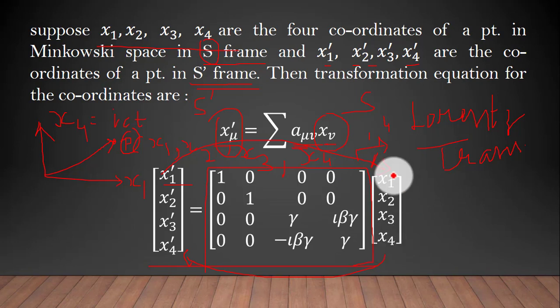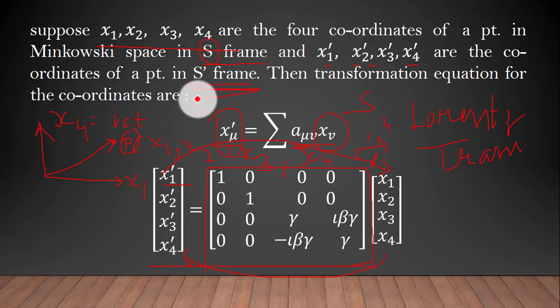Now suppose there is a vector defined in 4-dimensional space. For a 4 vector, suppose we have a vector which is defined in Minkowski space. As you know, any point in Minkowski space, if we take another frame of reference which is moving with respect to this frame of reference, then its coordinates are going to change according to the Lorentz transformation equation, which is represented here by this equation. If we define a vector, it will also be represented by coordinates, so its components are again going to change in another frame of reference.